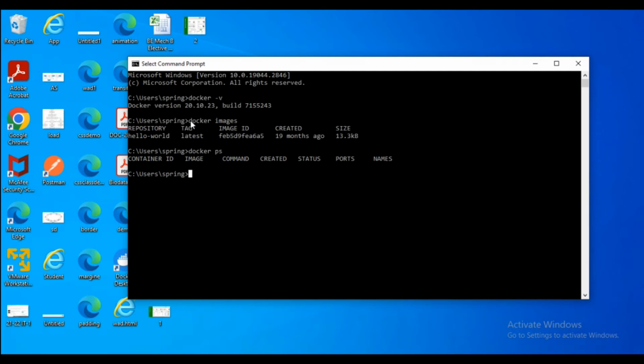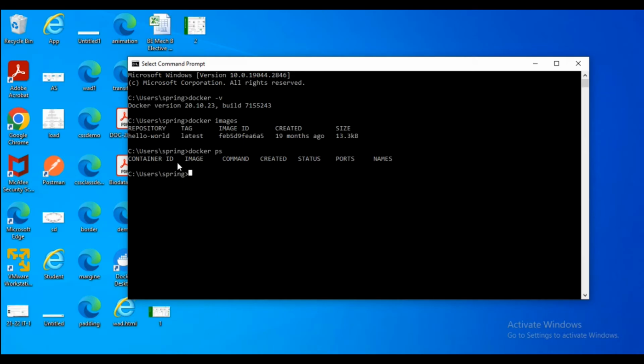By using the docker images command, we know which images are available inside Docker, and by using the docker ps command, we see which containers are running for those images. If we are running any image, that container is running and is represented in this tab.